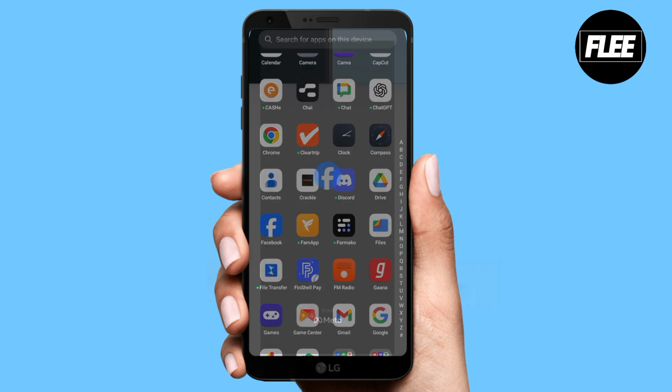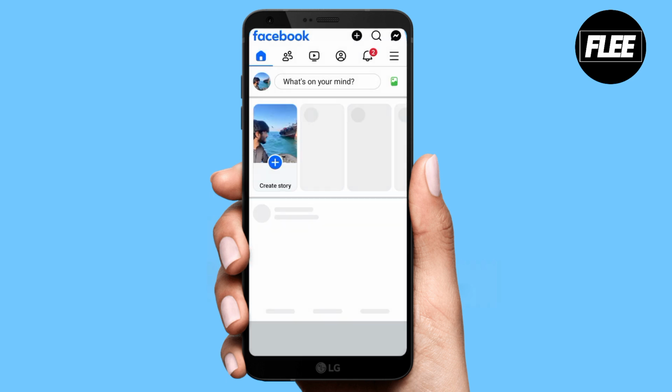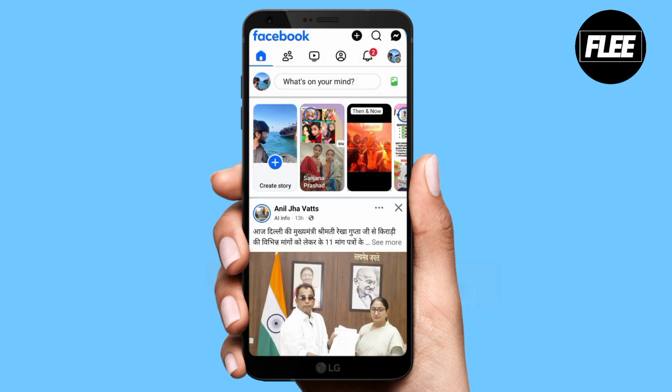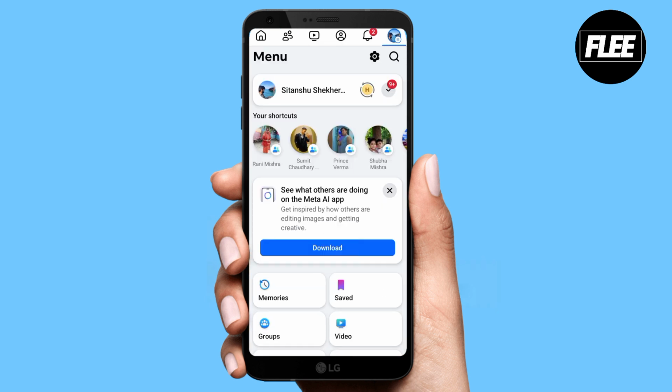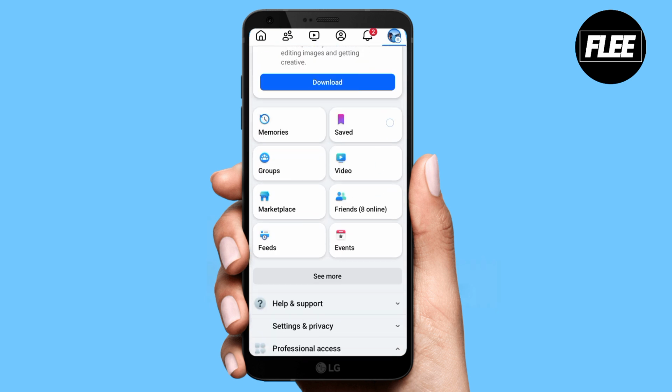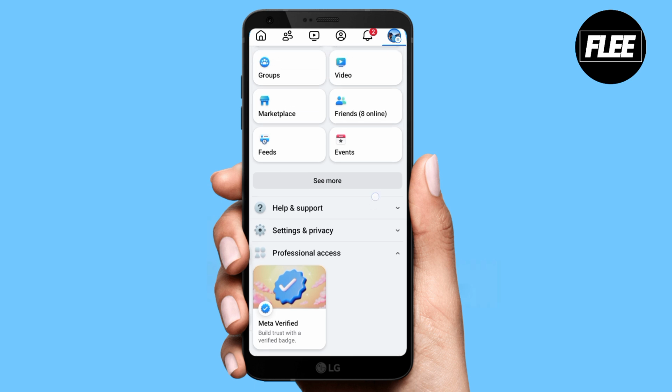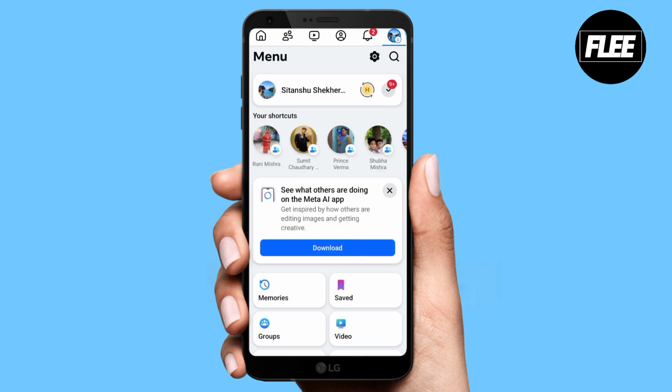Here you have to click on your Facebook app and then open it. Like this is my home screen. I'm going to click on the three lines on the right top of the screen. Scroll down here, go to the accounts center, that is your account management center of your Facebook account, and then